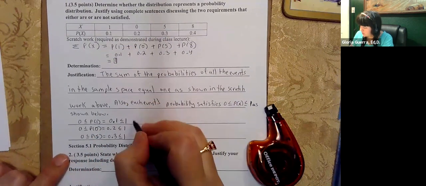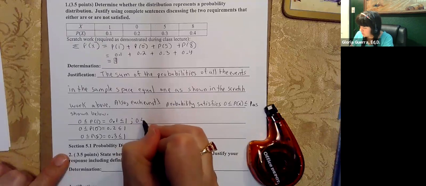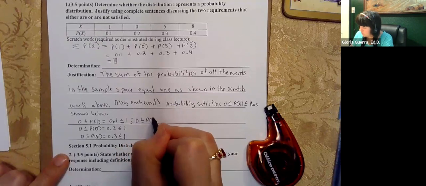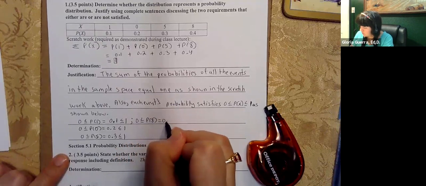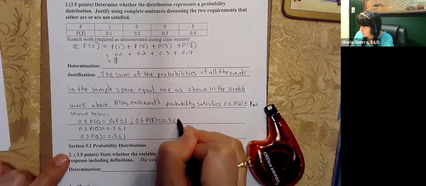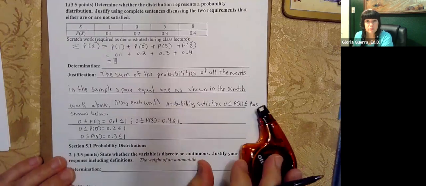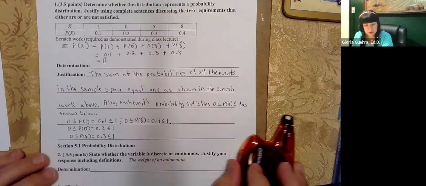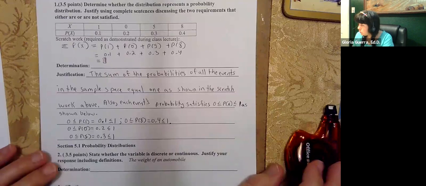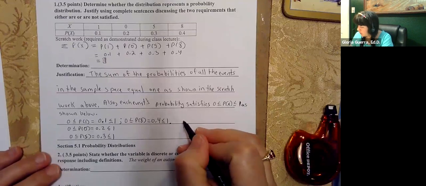And then the last one is probably of 8, which is like 40 cents. Okay. But you're showing that each one is a value between 0 and 1. Or if you wanted to, what you also could do,